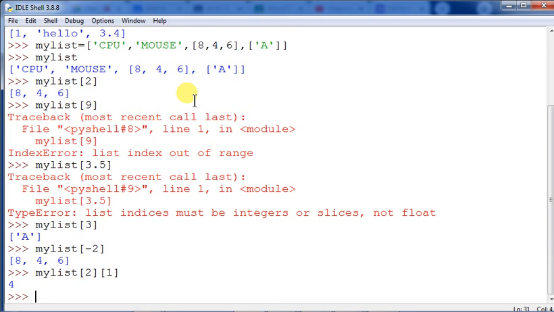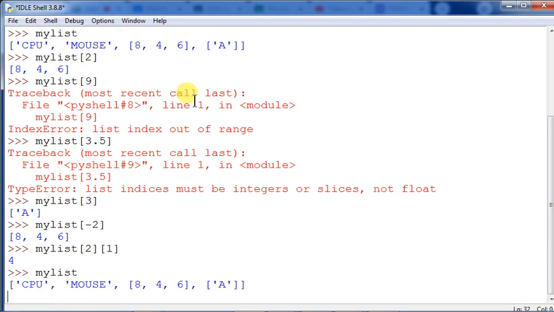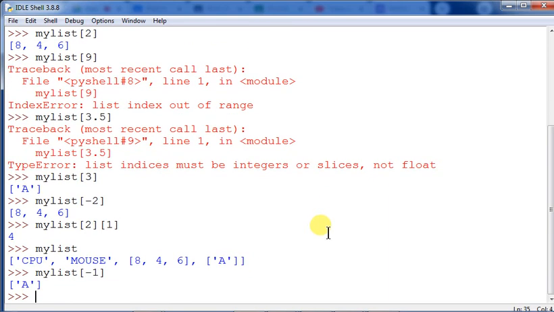Now the negative indexing, I am coming to it once more. Python allows negative indexing for its sequences. The index of -1 refers to the last item, -2 to the second last item, and so on. If I give my list here, then it will give you -1, -2, -3 and -4. Now if I give my list and then -1, you see here A has been printed.